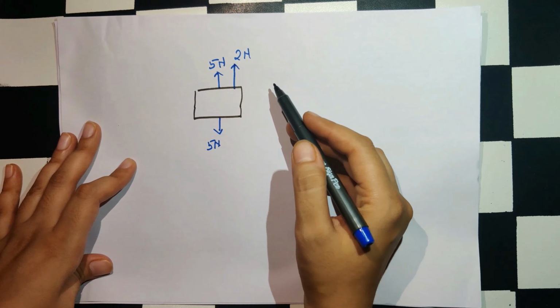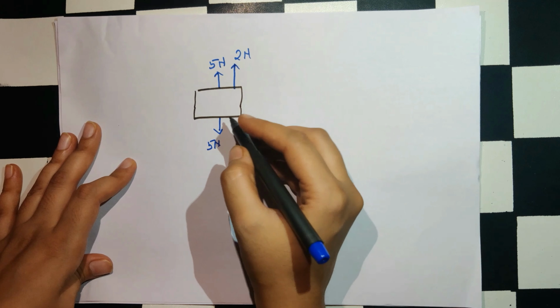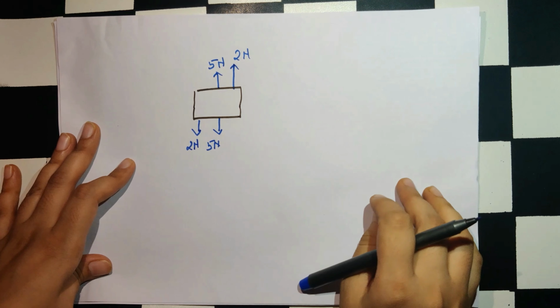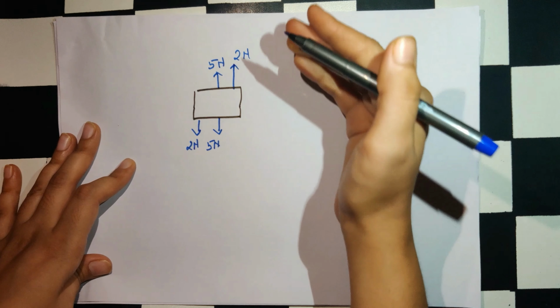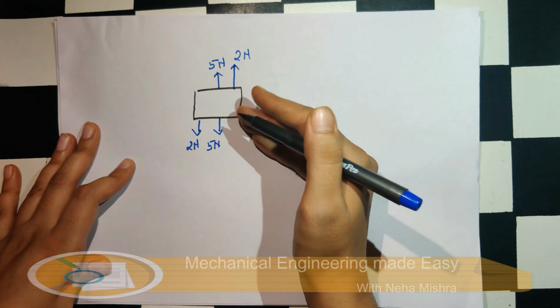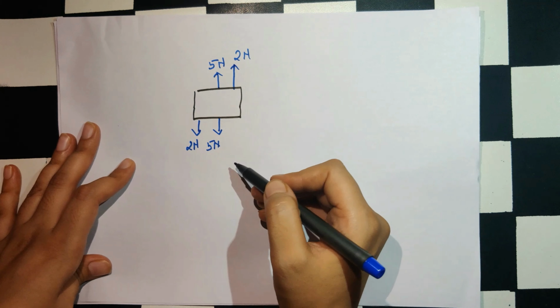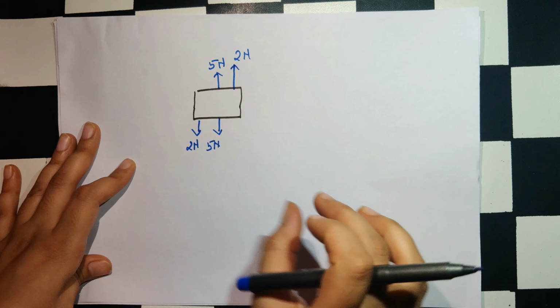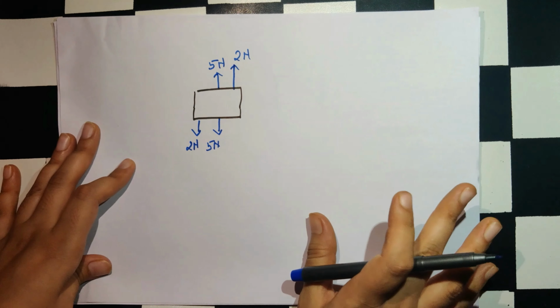Now to stop this, again I will apply 2 Newton here. Now what will happen? Again I have 7 Newton force acting upwards and 7 Newton force acting on this block in the downward direction. Now they both will balance each other and this block will remain in equilibrium condition,